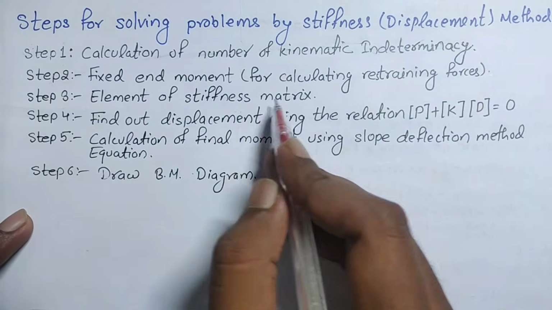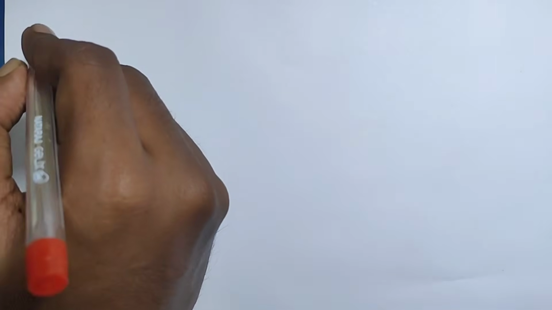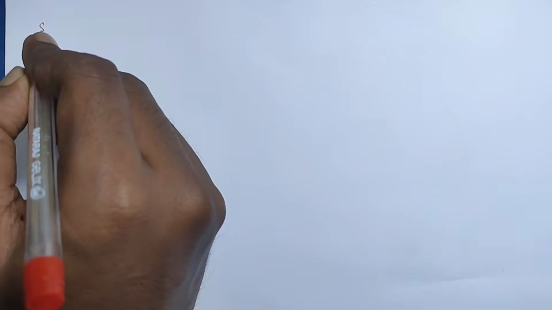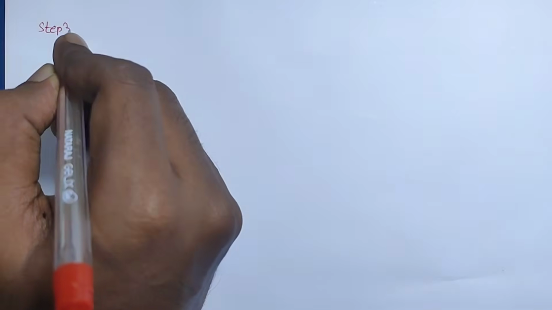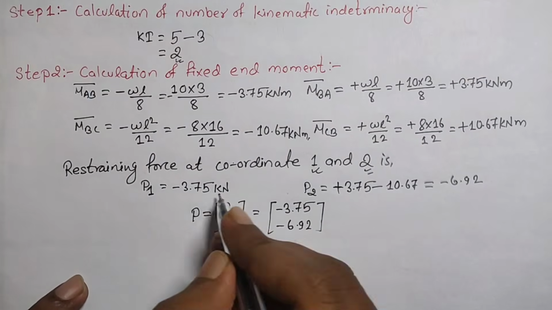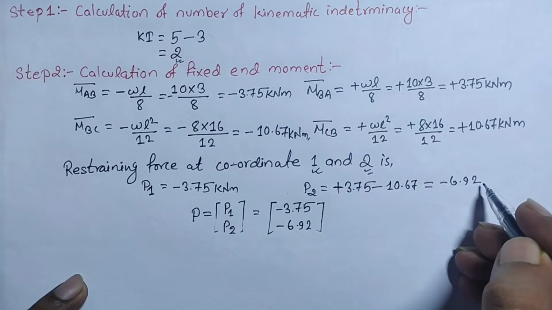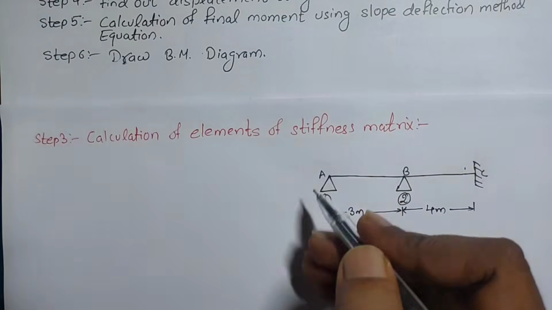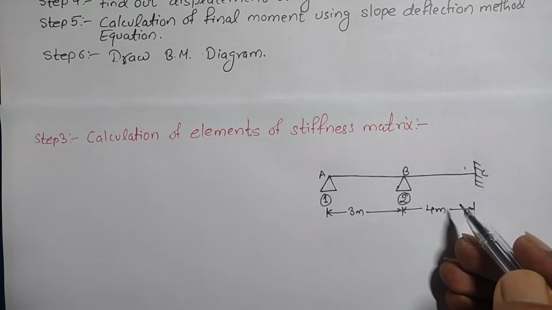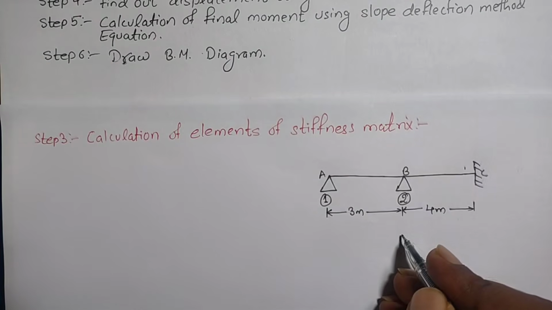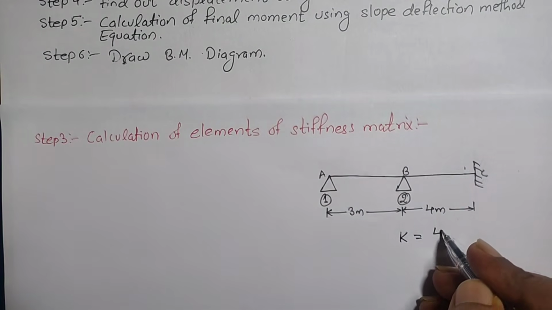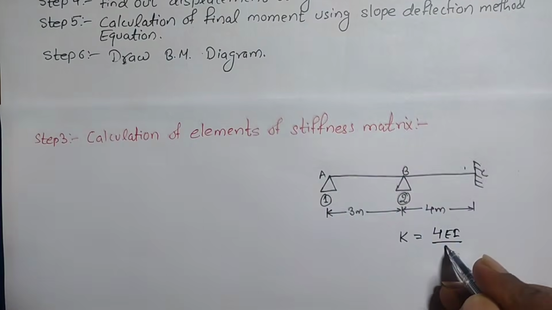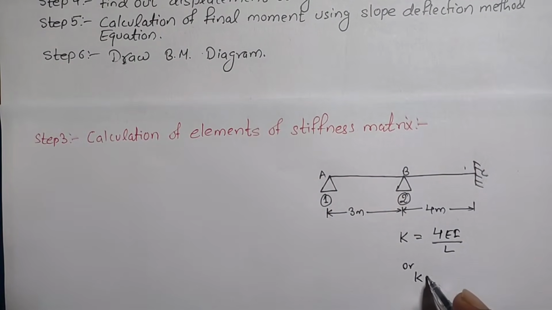Our step 3 is to calculate the element of the stiffness matrix. So let us see how to calculate the element of the stiffness matrix. Step 3. In step 3, one thing more, guys: P1 is kilonewton meter and P2 is also kilonewton meter. For calculating the element of the stiffness matrix, I will need an extra diagram which I have drawn on the side, and there are two formulas basically, that is K equals 4 EI upon L or K equals